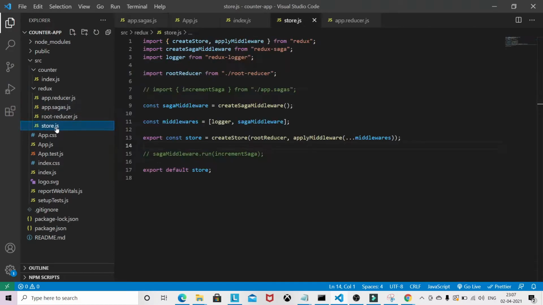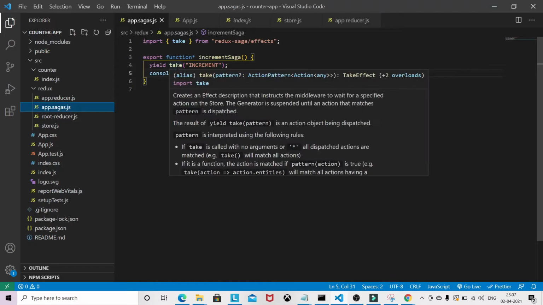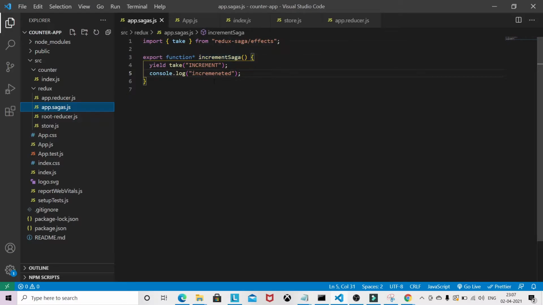I will go to the store. Basically we are yielding the take function here, and take is expecting the increment action. Unlike takeEvery and takeLatest, we don't pass anything in the second argument, and we will see takeEvery and takeLatest in another video.